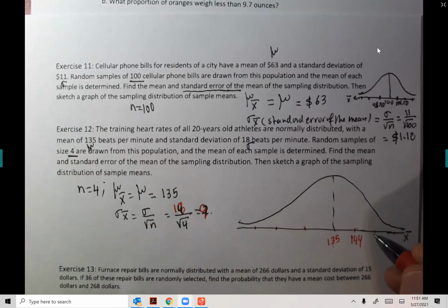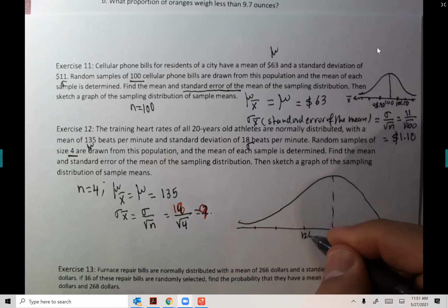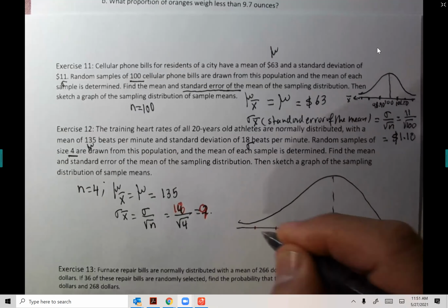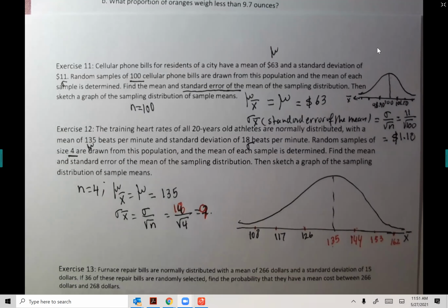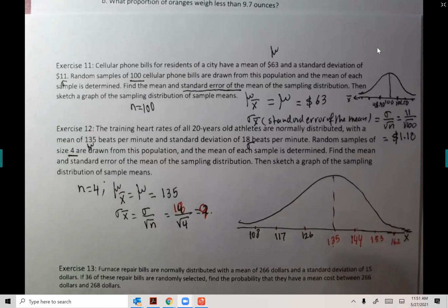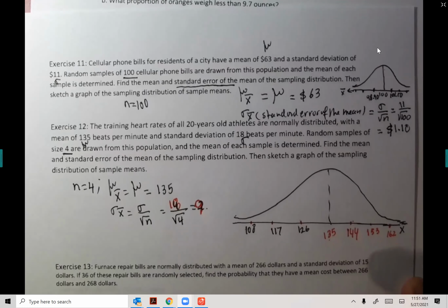And then if I add 9, guys, it will be 153, and then it will be 162. And here, subtract 9, it will be 126, 117, 108. And that should be your graph. And look, I'll label that as X bar. Okay. We'll end our discussion with a real